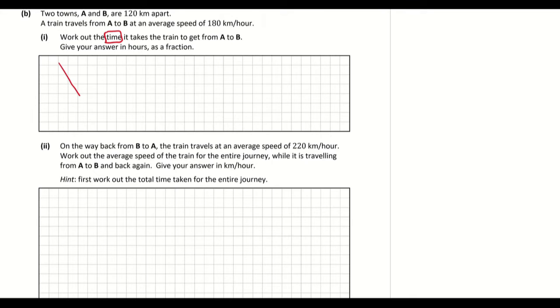So hopefully we're writing down our distance, speed, and time triangle. The question is looking for time. So time, if we cover it, is going to be distance over speed. So the time taken is going to be the distance, which is 120 kilometers, divided by my 180 kilometers per hour, the average speed. So that's coming out at a time of